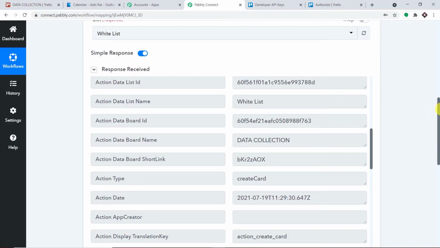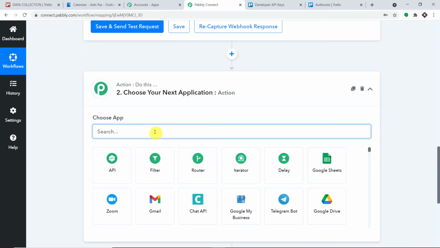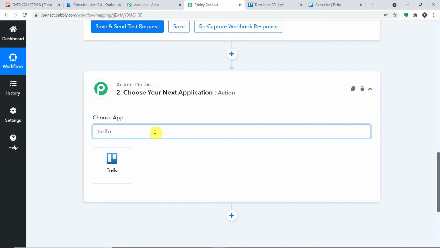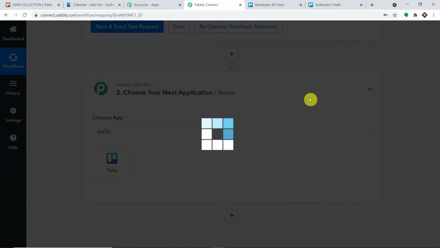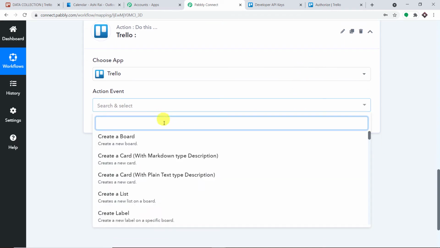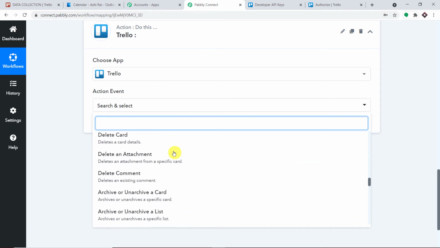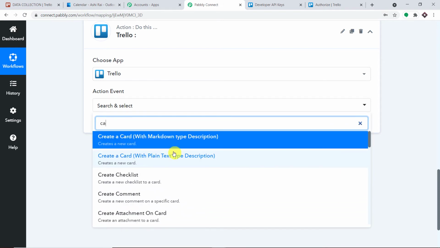So that is why what I'm going to do here is, let me just scroll down, let me go to the action window, and once again here I'm going to add Trello because we want to figure out the card details like the description as well as the start date as well as the due date. In the action event, let me just scroll down. Okay, and here you will find get card details or something. Let me just have a look.